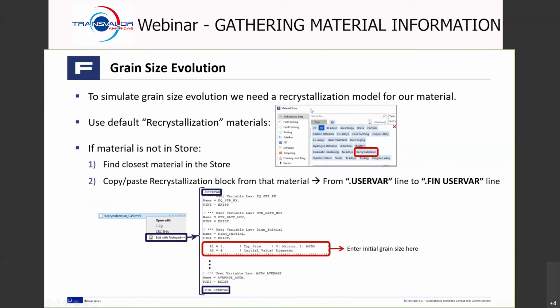Okay, so just to summarize, if we don't find the material in the store for grain size evolution, we can use a standard hot forming material and find the closest recrystallization model that is in the default library, get this block including the recrystallization model, and copy paste it in the material file we want to use for our simulation, which should be coming from the hot forming in this case. All right, moving on,